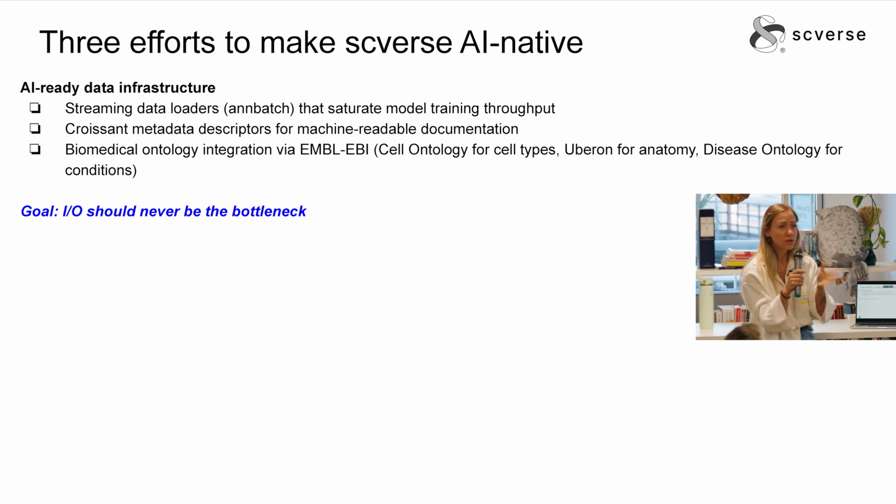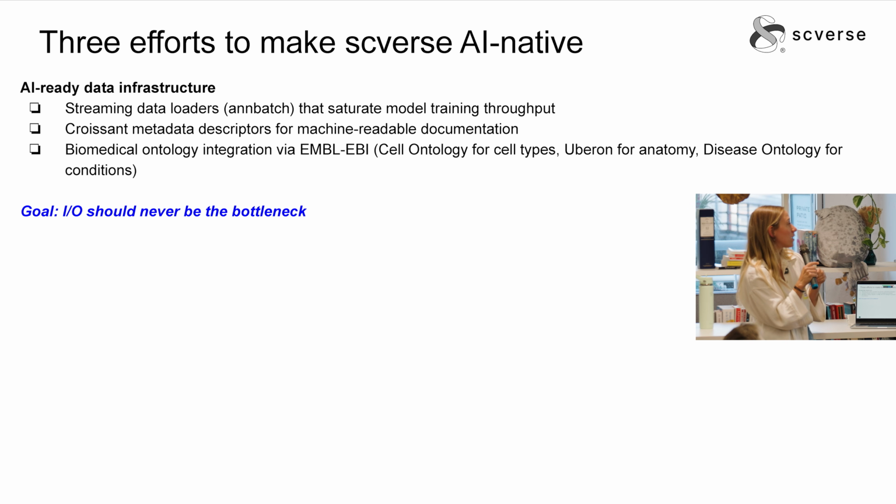But this is not the only thing that's important. This is happening, and it has to be a collaboration with companies as well, in my opinion, that they produce big data sets. The next thing that we care a lot about is the metadata. So the data are important, and you can train models, and that's awesome, but it's always going to reflect the data, the annotation, right? How many things you know about the data and how well they are annotated. So we are building Croissant, awesome, metadata descriptors, which is a machine learning format, anyway, documentation for this job. So basically, now the tools can actually take advantage directly. They can store the metadata properly, and they can be read by the LLMs and agents, and not only, also in general machine learning models.